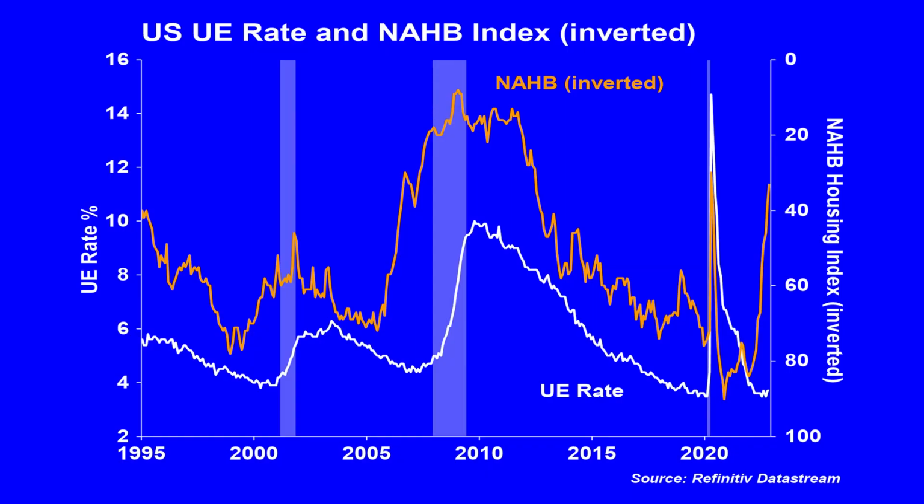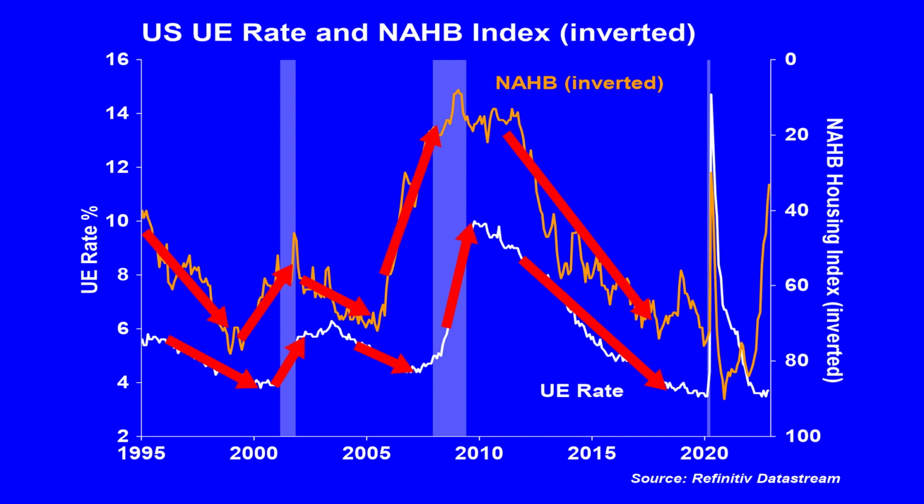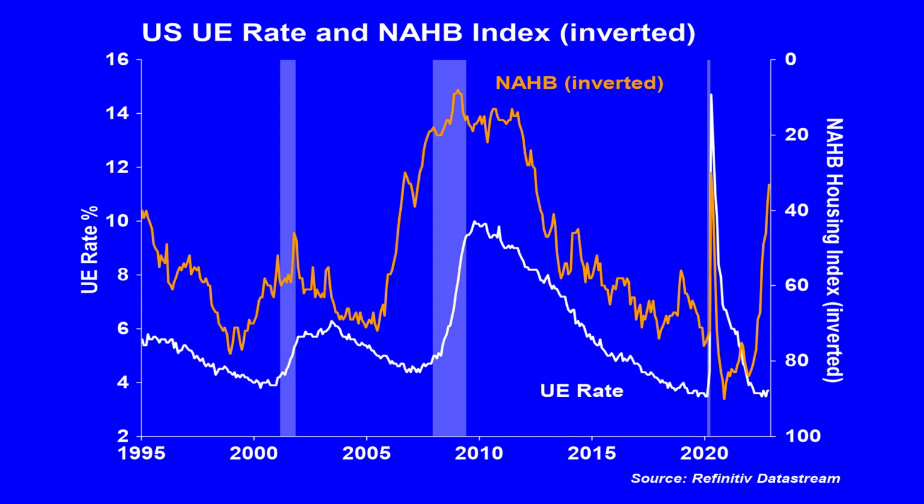Now, one of the key elements around that, in terms of what could cause unemployment to pick up significantly, we've seen obviously the tech sector starting to shed jobs, but I really think it goes down to housing and construction, this very, very big sector which employs a lot of people. And if we look at the NAHB housing index, and I've inverted it here, and I've mapped it onto that unemployment index, you can see that the two pretty much ebb and flow together, except that the NAHB housing index generally leads unemployment.